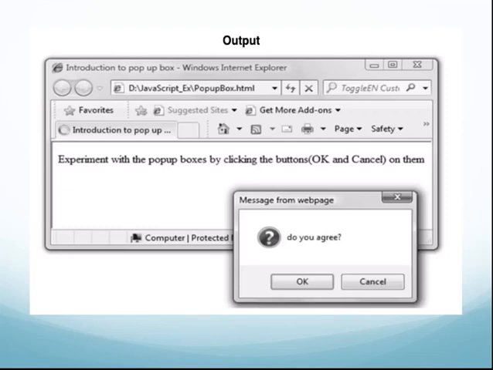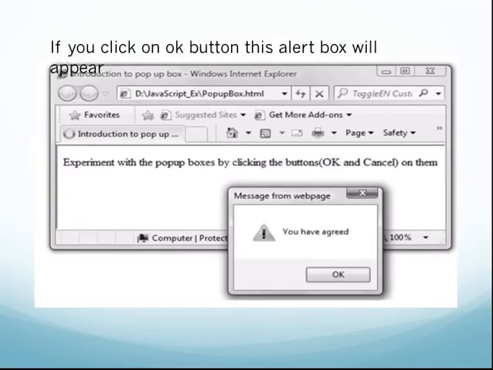If you click on the OK button, this alert box will be displayed, which will say you have agreed. So this is your alert box.